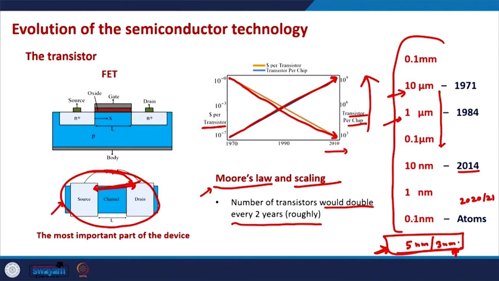It essentially means that as we go down with the technology node, we have better performance and we are able to put more transistors in the same area of the chip. But still